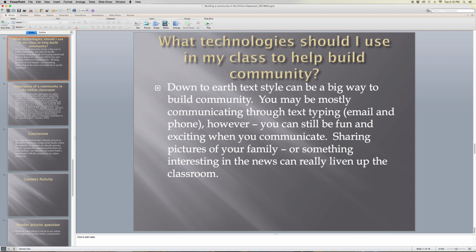It says when you communicate, you don't have to use traditional text style like bold or black texting. You can brighten it up with colors. You can make it bold. You can make it italics. You can do things like that. You can even show pictures of your family on an announcement or something that just kind of makes it more